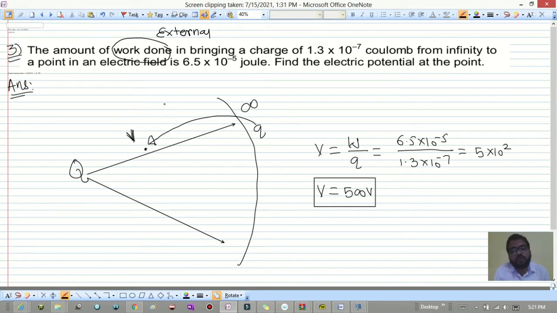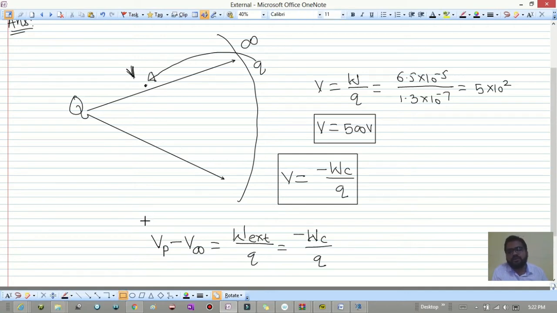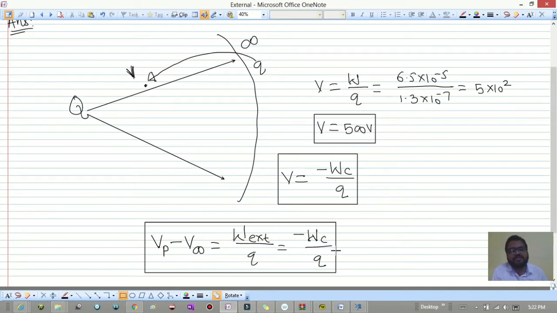But if they gave the work done by the electric field, then you have to change your formula, and it must be the work done by the conservative force on the charge. This formula you have to use. So in general I'll give the formula: it is the final potential, which is the potential at P minus the potential at infinity. This is valid for potential difference, potential, or whatever it is. It is equal to the work done by external force divided by charge, which is equal to the negative of the work done by the conservative force on the charge. If you remember this, you can solve each and every question